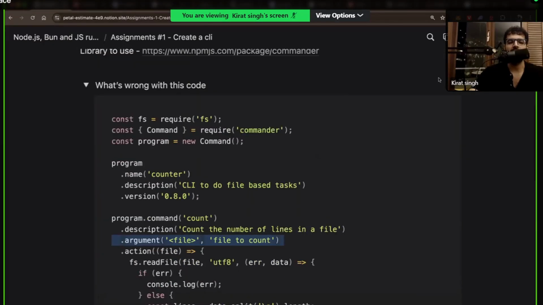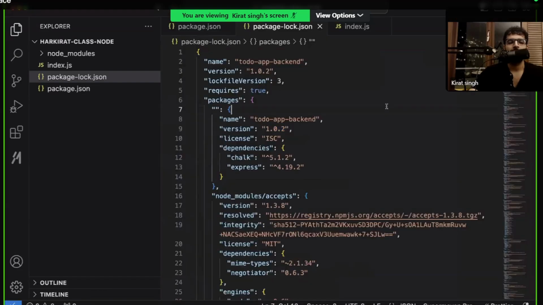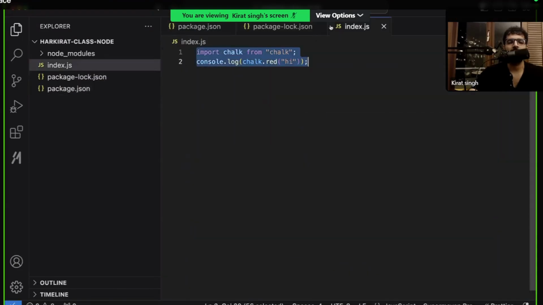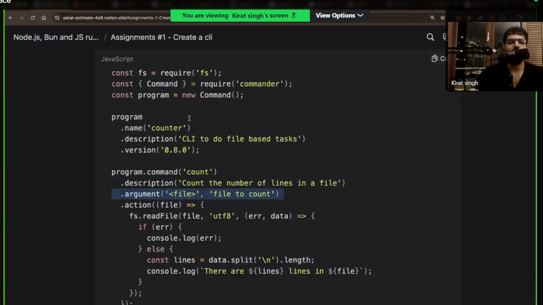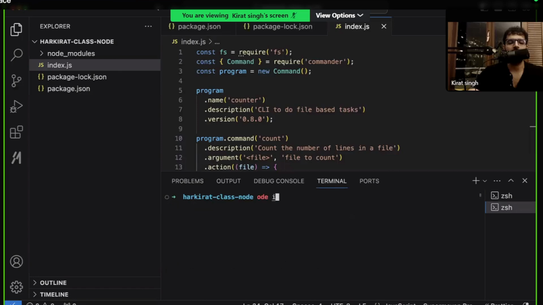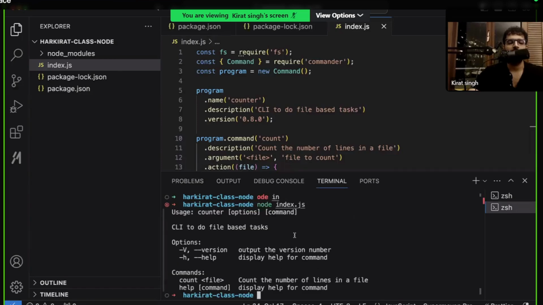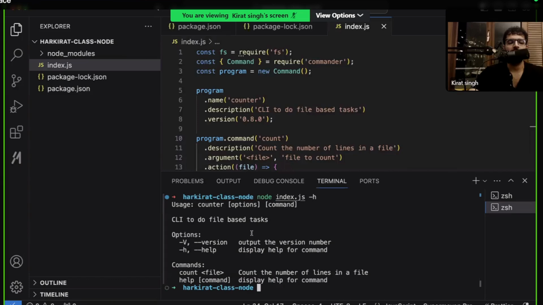Let me quickly try this out locally. npm install commander, node index.js -h. There you go. It does work.